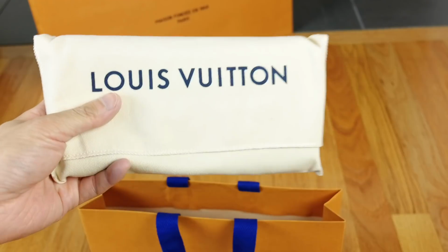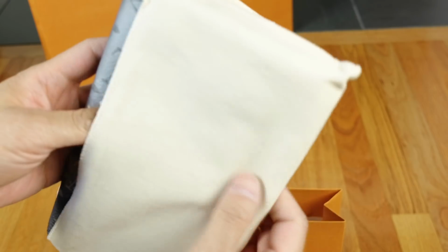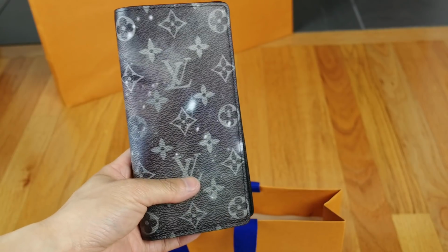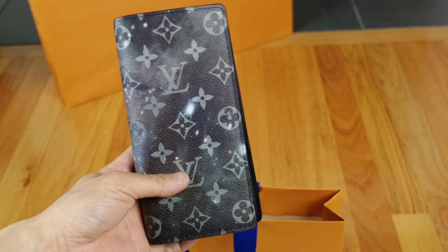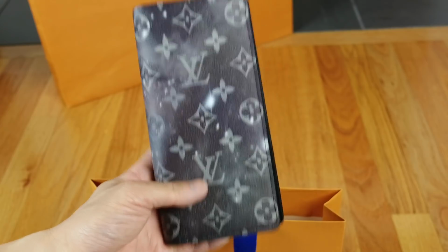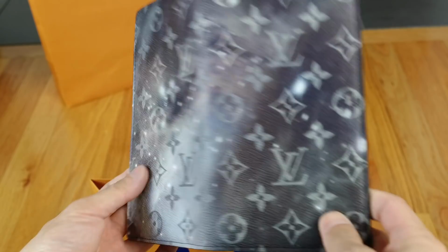This one I wasn't intending on getting, but I saw it there, and in the spirit of being in Tokyo and that being a shopping day, I got something from the Galaxy collection. So this is the Brazza wallet. It's not something I have yet. They had the pocket organizer as well, and they actually had the bum bag in stock. I heard it was being sold out in a lot of other stores, but that silhouette just didn't match me. But I don't have a long wallet, or a Brazza wallet yet, and this I thought would be nice